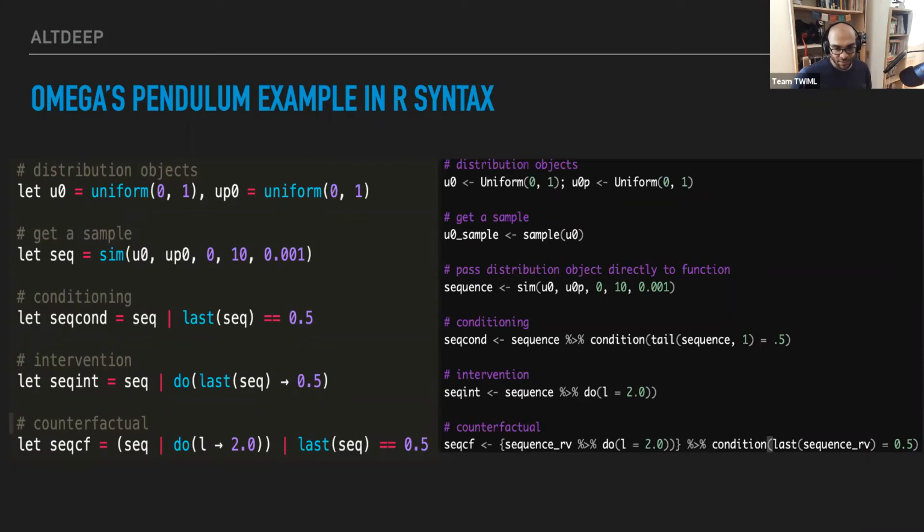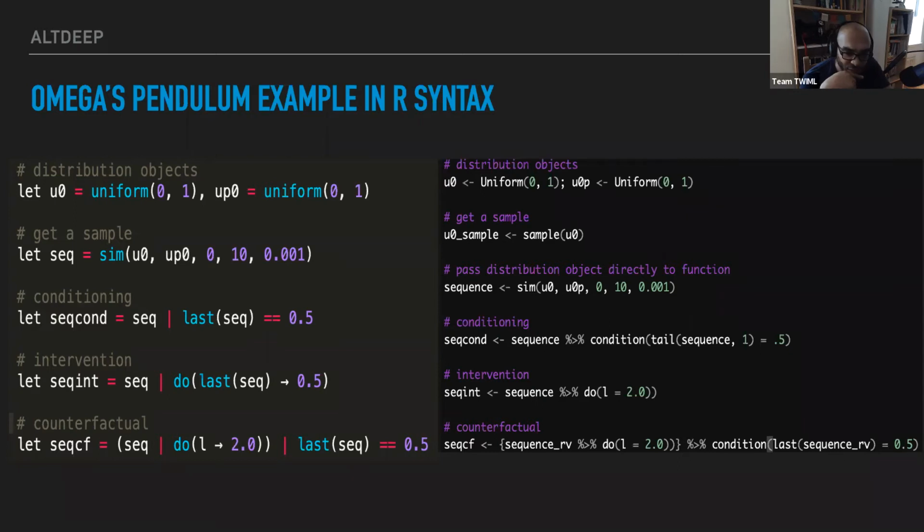is phrased in terms of a Boolean. What's interesting here is that you didn't need to have a named variable or some kind of named entity in a trace, for example, but rather you can just pass in an expression. So this is saying that the last value in this sequence is equal to 0.5. The intervention has similar syntax, where we're going to set the last value of the sequence equal to 0.5,